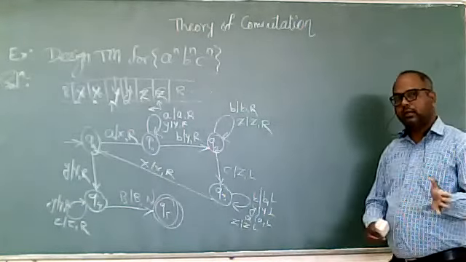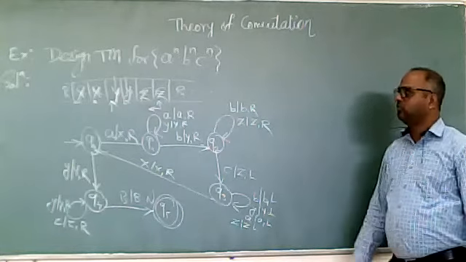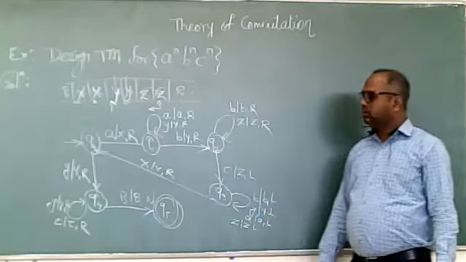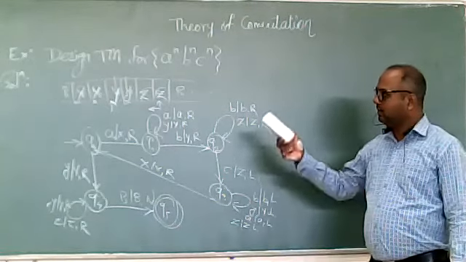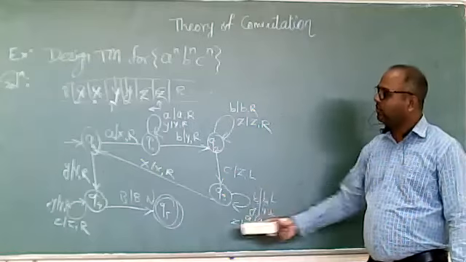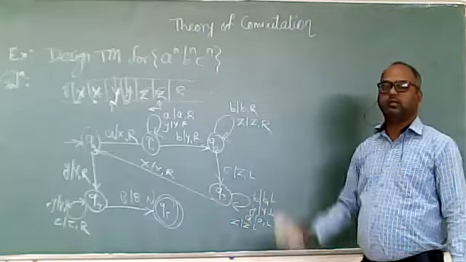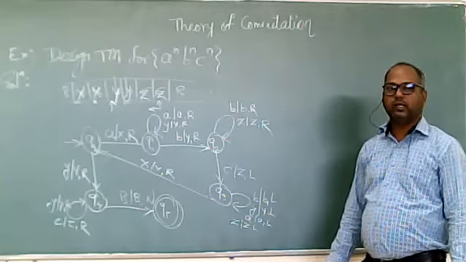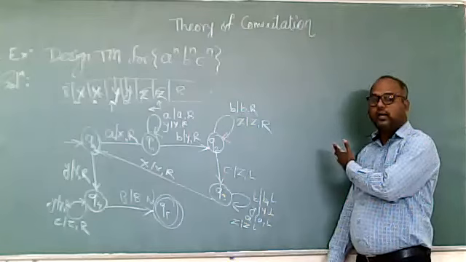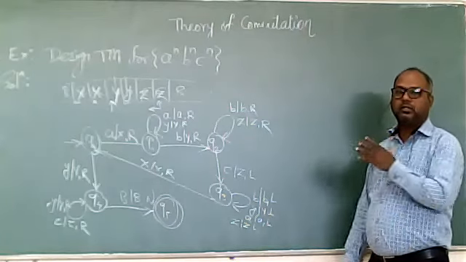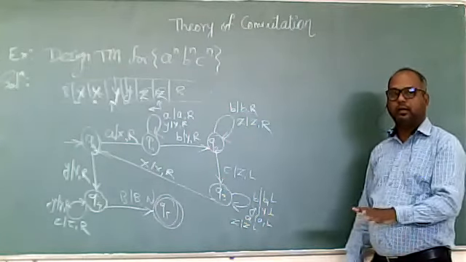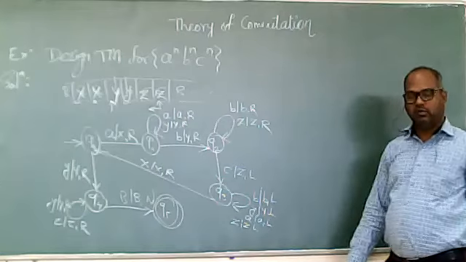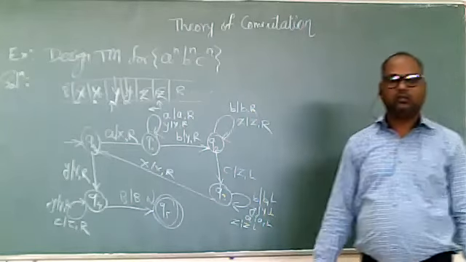So some problems will be much easier to solve with the Turing machine. Just take your own example, an input string, and try to apply this Turing machine onto that, so that you will understand much better. Again, we have to write the definition, 7 tuples. We have to design the transition table. Then the answer of this question will be complete.